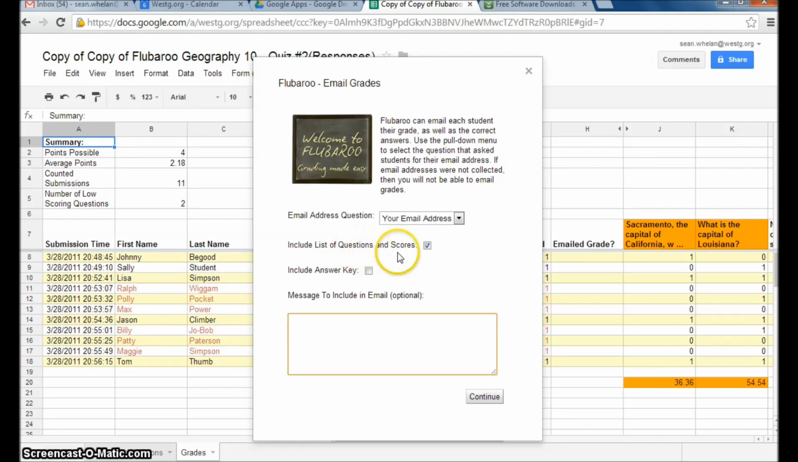You can also choose to include or not include a list of questions and scores. So if you want to just have a basic overview of how they did, you can uncheck that and just have a basic overview without the details, if you prefer to have a smaller amount of information going home. Maybe there's a reason why you don't want the questions to be there with the student. You have the options to check or uncheck those. And then a general message to everybody. Then when you click continue,